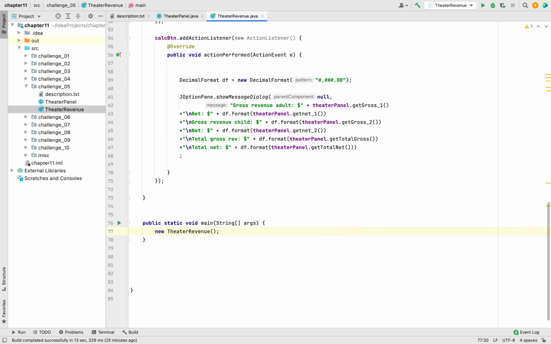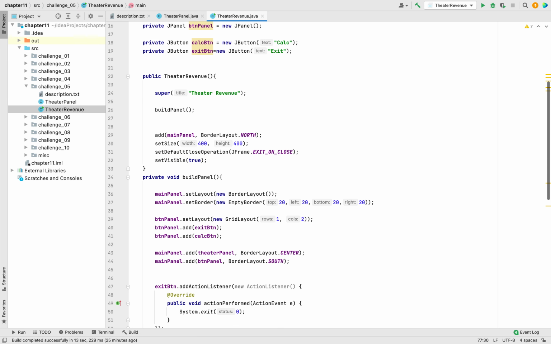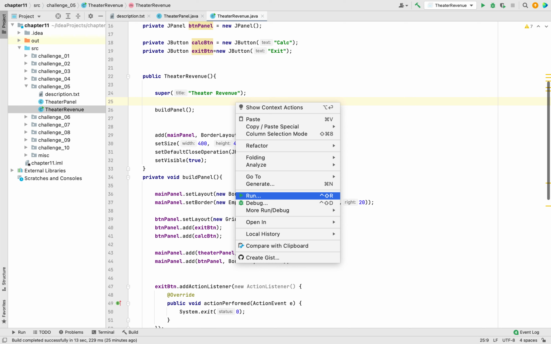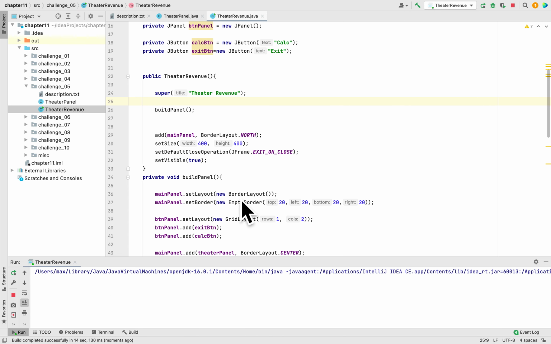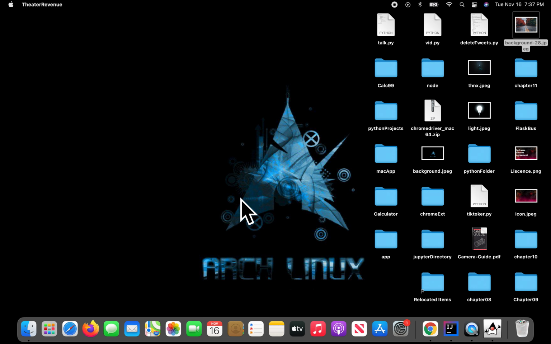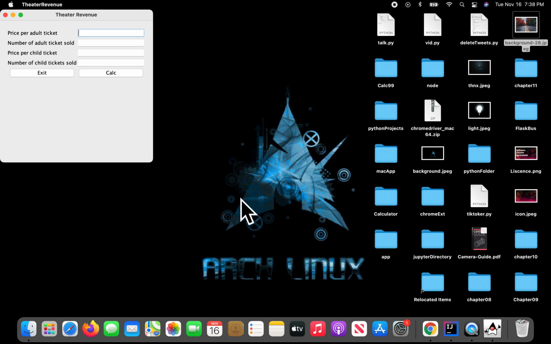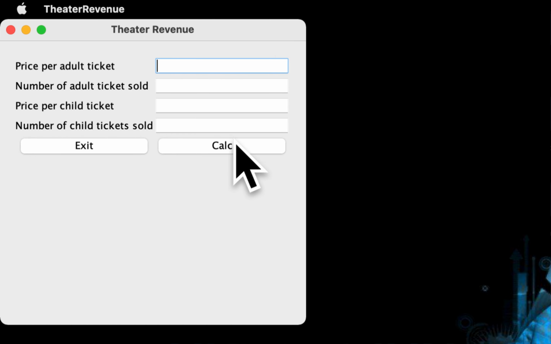So I think we are done for this class. So let's run the program. So here are the fields and the labels. The price per adult ticket, let's say it's $10 and 2 of them were sold. Price per child ticket, it's $5 and 5 of them were sold. When we click calc,